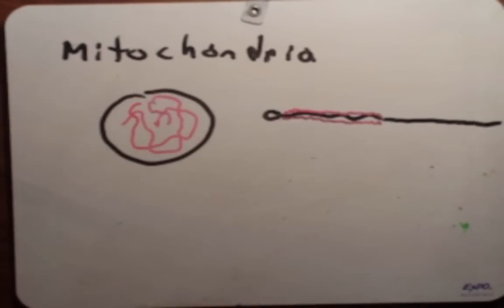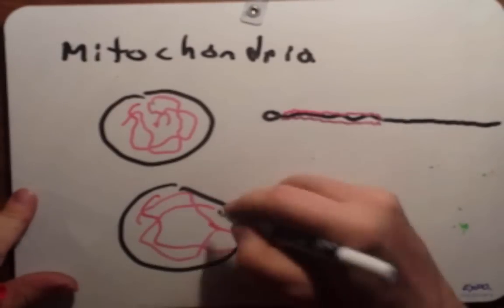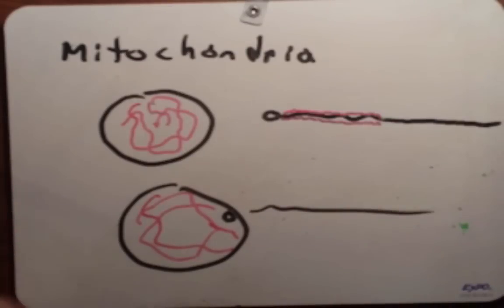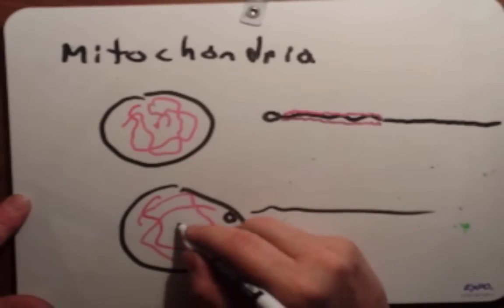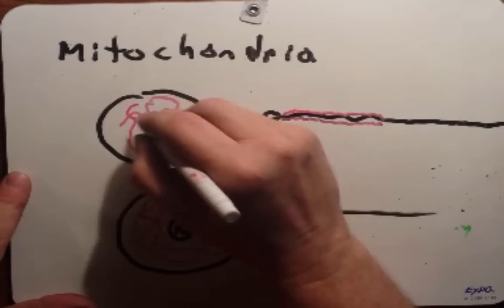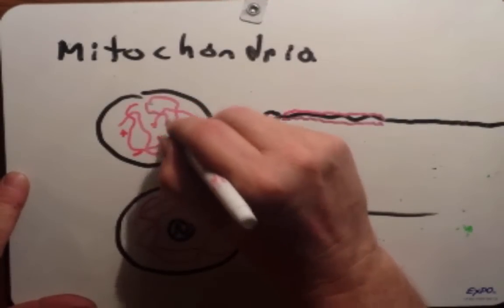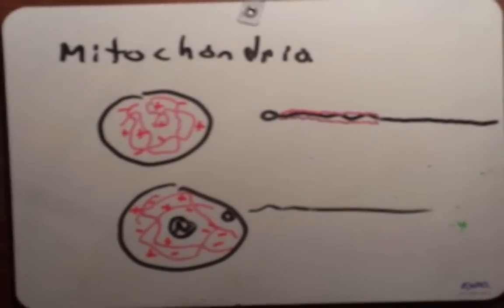When fertilization occurs, you end up with your egg here, with the mitochondria, and the head of the sperm popping in here, and the tail breaks off. Within the head of the sperm, that's where the nucleus is. And the two nuclei fuse, the oocyte and the sperm nucleus fuse to produce this one big nucleus. Now, just like we saw with the chloroplast, we can have genomes within this mitochondria that are wild type or mutated. So I'm not going to draw out all the possibilities, but you can imagine now when this fertilized egg begins to divide, you will have some cells.